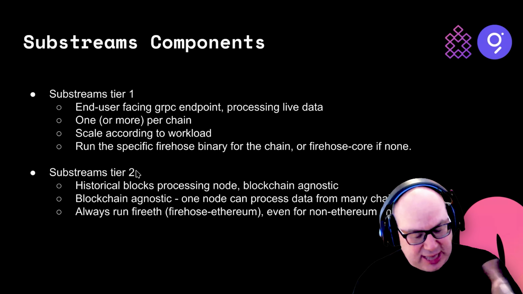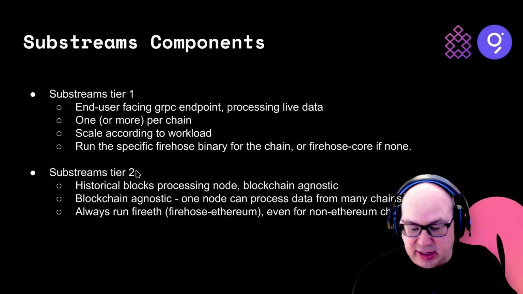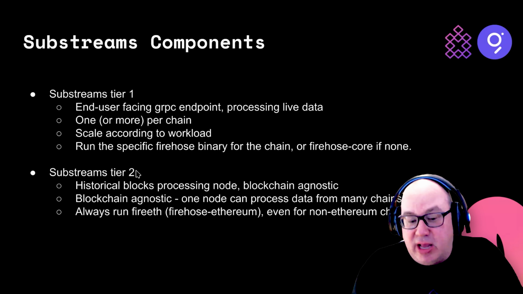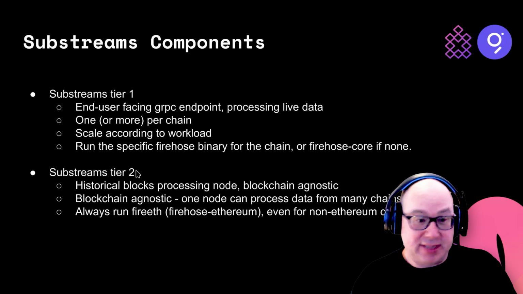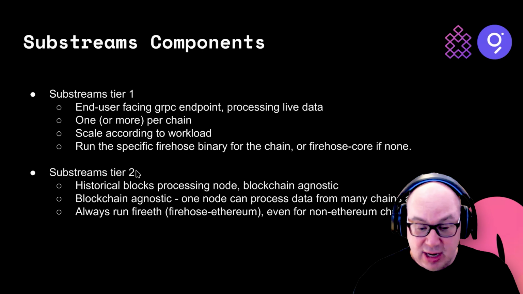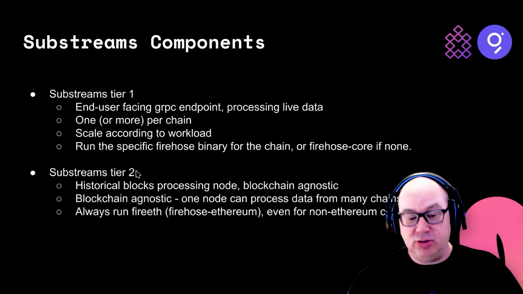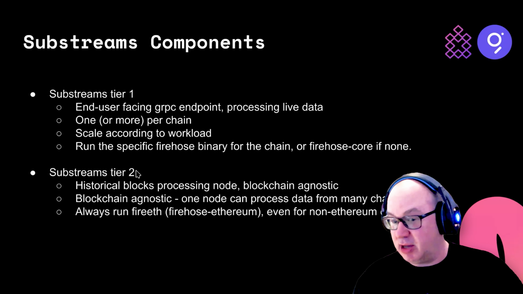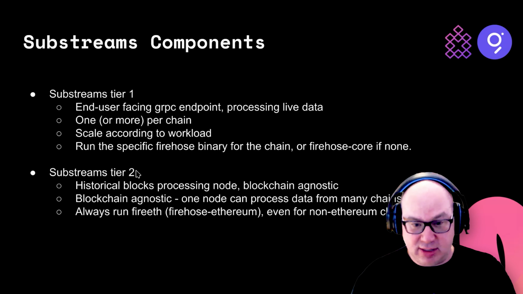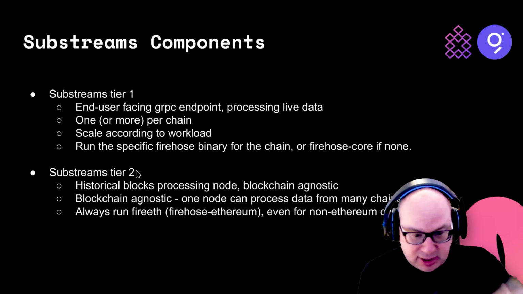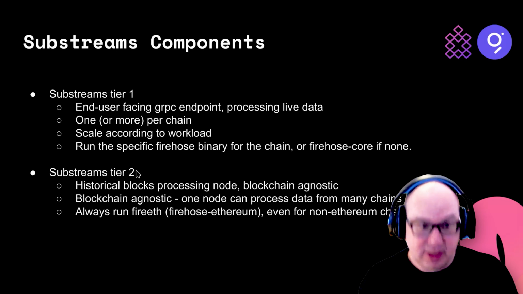That catches up to live, and then those tier 2 nodes are kind of sitting there going, nothing to do, right? But then you start syncing a subgraph for BSC. Now those tier 2 nodes can be busy again. So if you have one pool of tier 2 nodes that can be shared now across Ethereum, BSC, Polygon, Solana, name whatever chain you want, you only need one cluster of tier 2 nodes. If you want one cluster per blockchain, go ahead.